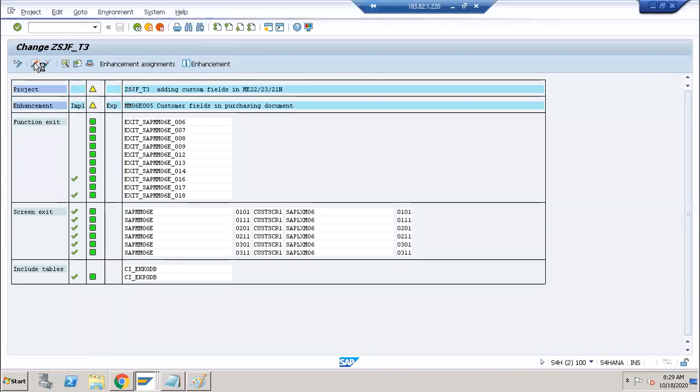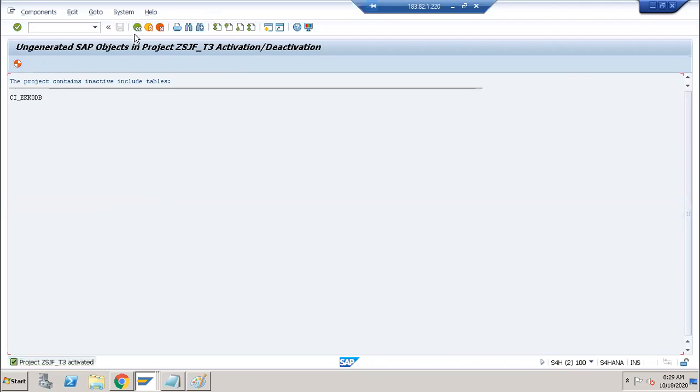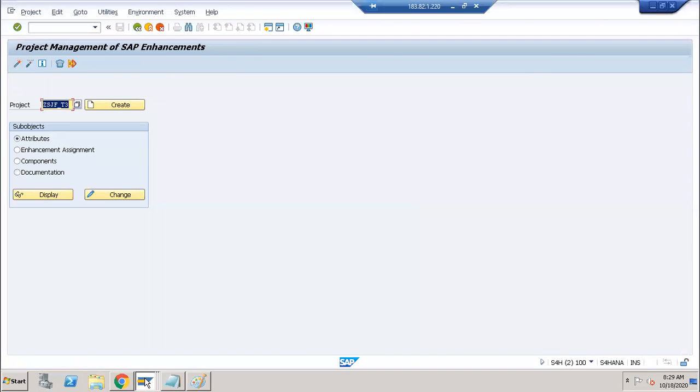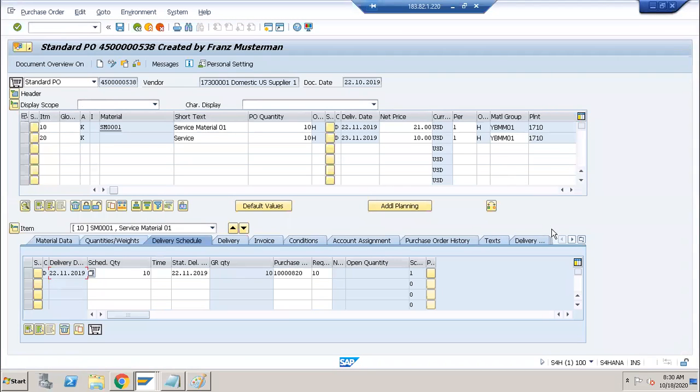Activate it. Click on back. Activate it. Okay, fine. Click on back. Now I will go for this one, same ME22N, and here I will go for